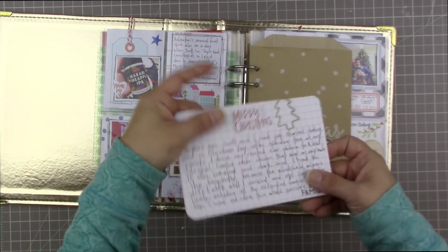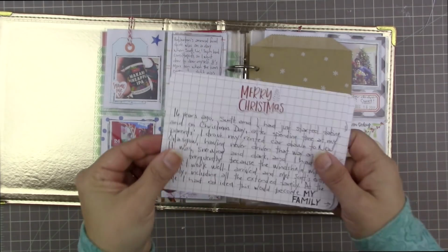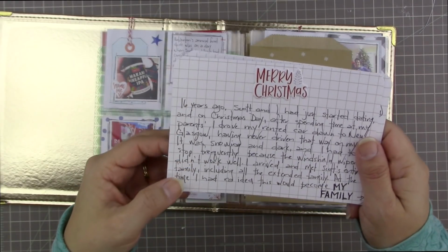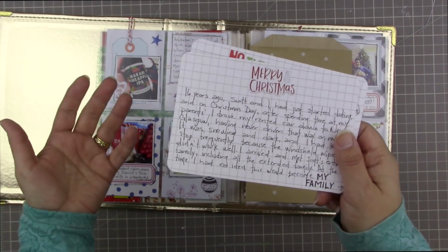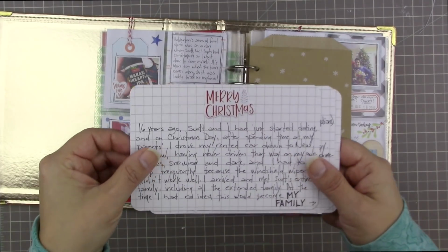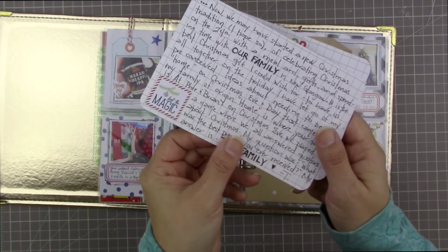And then inside the page are my journaling cards that tell some more in-depth or thoughtful stories. So I have this card here, which is about how I kind of joined the family. Although when it first happened, there was no way of anybody knowing that I would stick around, but I did. They can't get rid of me that easily. So this is just journaling about my family,